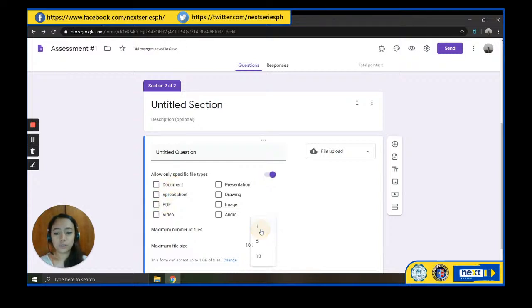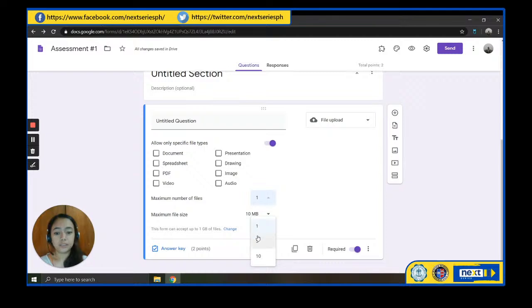And you can also identify how many files they can upload in your Google Drive. So for example, 5. Okay, and the maximum file size. So this maximum file size is the maximum file size per item or per file. Okay, so for example, they can upload 10 MB per file. Okay,